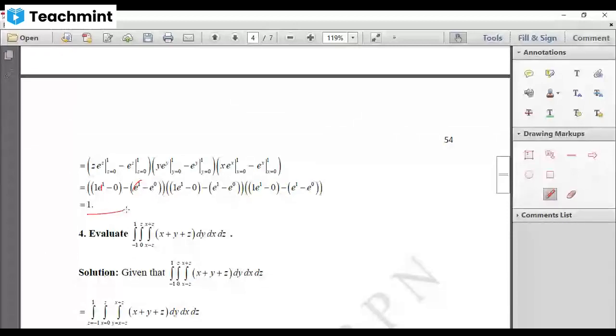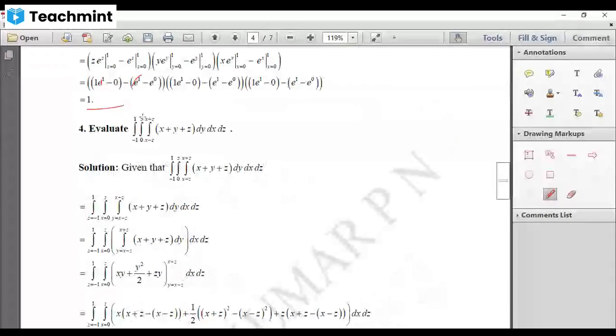Now let us move on to one more problem. Now see here the function is, the limits are dependent on each other. In the first one you are having x and z, so when it is involving x and z, the remaining variable is y, therefore this is the limit for y. Now we are not going to bother about this. We have to see this because it contains two variables, right? So the third variable, this will be the limit for third variable.